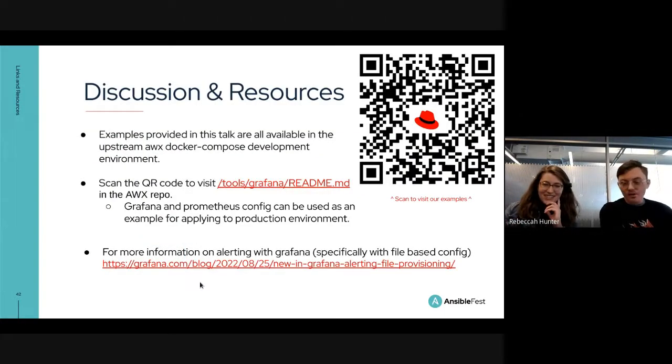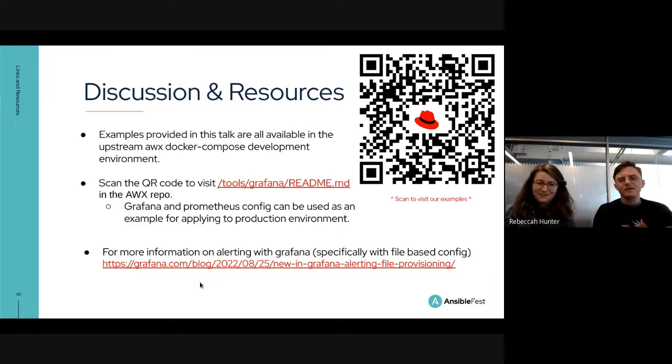This QR code takes you directly to the README in the AWX repo where we talk about how to spin up Prometheus and Grafana right next to the AWX development environment. We wanted to do this because it's a bit of an orchestration thing, where you need to have multiple things pointed at each other and knowing each other's passwords.